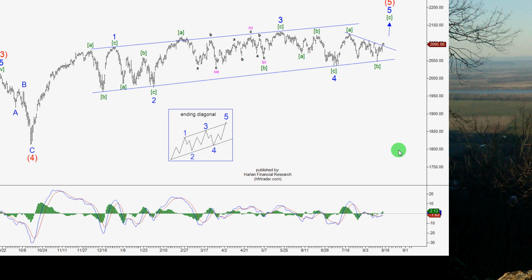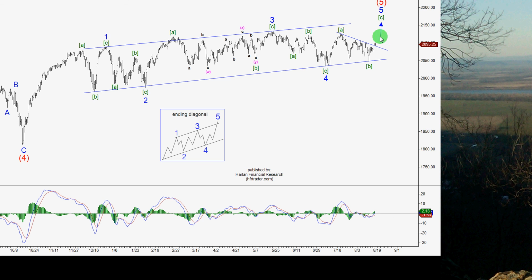So in summary, what we're doing right here is we're just watching 5 waves of wave C, and this is 1, 2, possibly wave 1 of 3 has started, and the market will work up in 5 impulse waves back to this high right here. The alternate is that this is just wave A, and we'll do wave B down and then wave C up. Another alternate is that this is part of a triangle, as wave 4, and we still have an E wave decline back down to this area here,